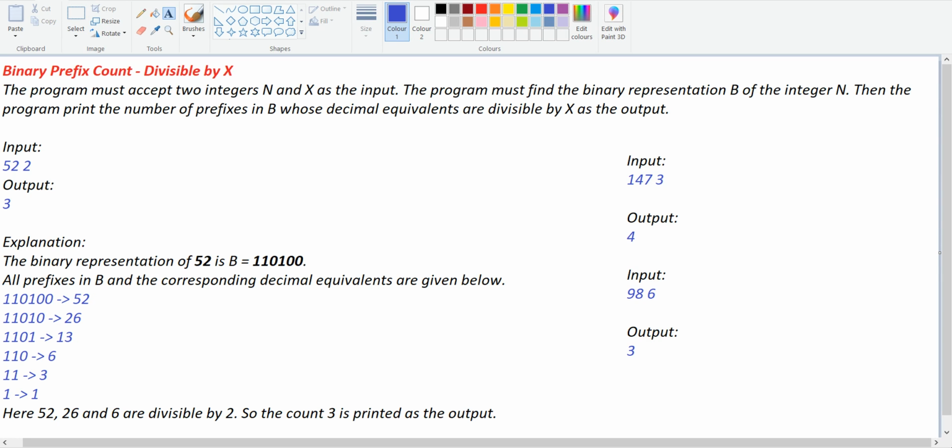Today we are going to solve this SKIDMARK daily challenge of 25th May 2021. This is the problem: binary prefix count divisible by x. The program must accept two integers n and x as input. The program must find the binary representation b of the integer n. Then the program must print the number of prefixes in b whose decimal values are divisible by x as